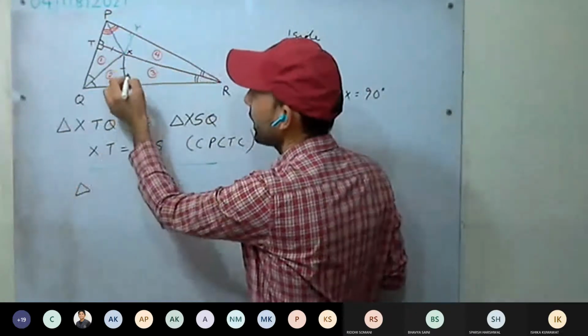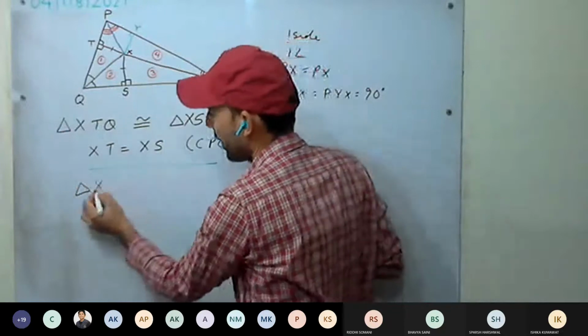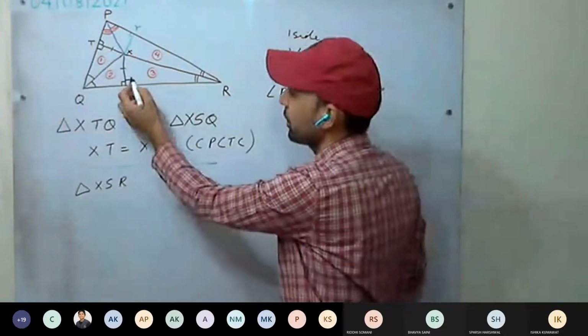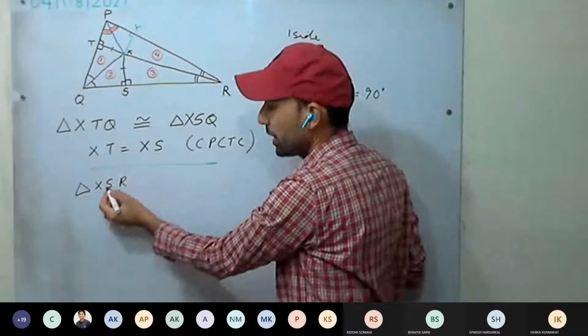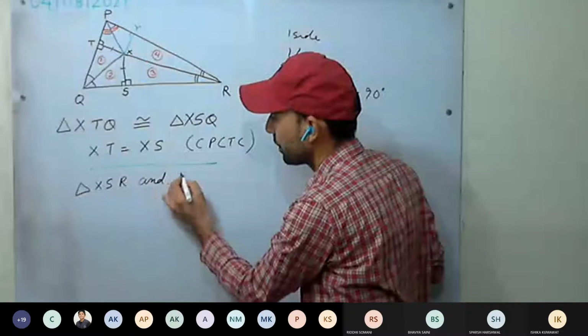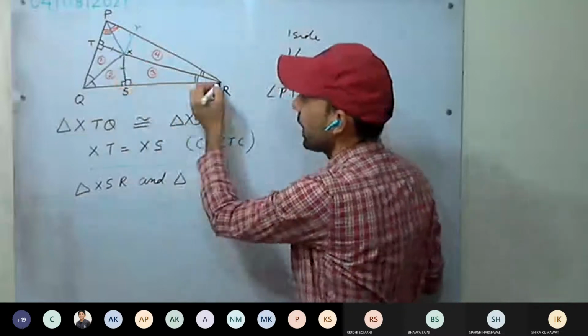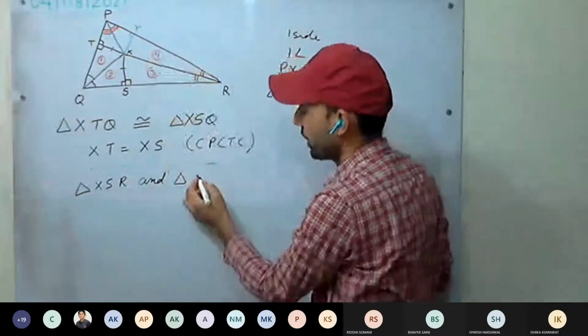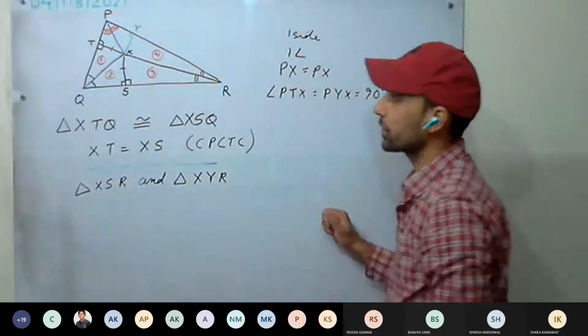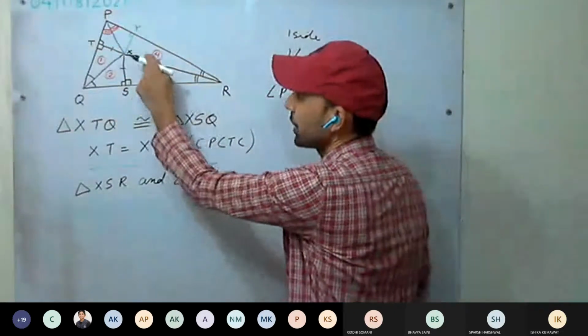Triangle we are taking, I'm taking XSR. Mainly see here in taking the naming of the triangle, if you take the middle one as 90, it will be very, very easy to interpret them. XSR. Now X, Y, R it will be. X, Y, R. Okay. Now start proving these two triangles are congruent.